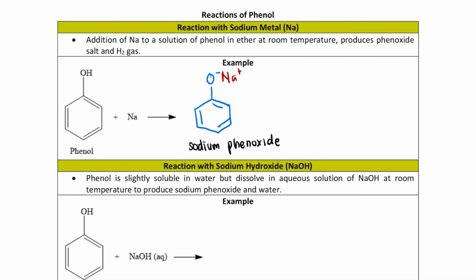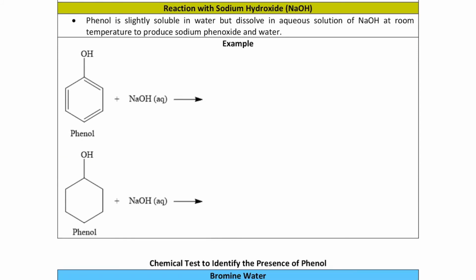Okay. Lepas tu kalau nak tahu side product dia, sini saya ada tuliskan dia akan release hydrogen gas. So over here plus H2 gas. Okay, tapi kena letak half. Alright. Okay, so itu sahajalah untuk reaction with sodium metal. Next, reaction with sodium hydroxide and NaOH. Okay, so phenol is slightly soluble in water but dissolved in aqueous solution of NaOH at room temperature to produce